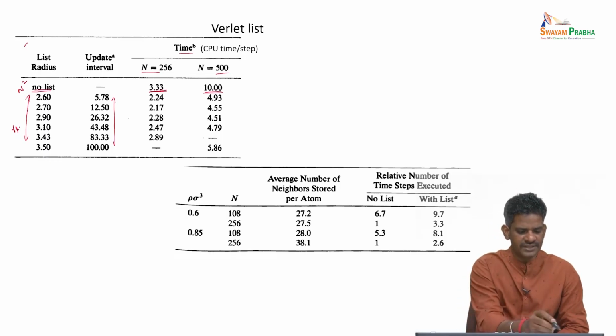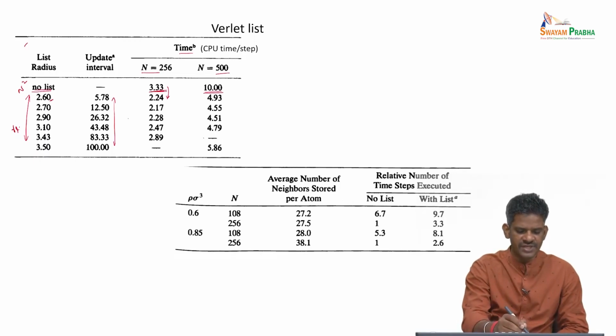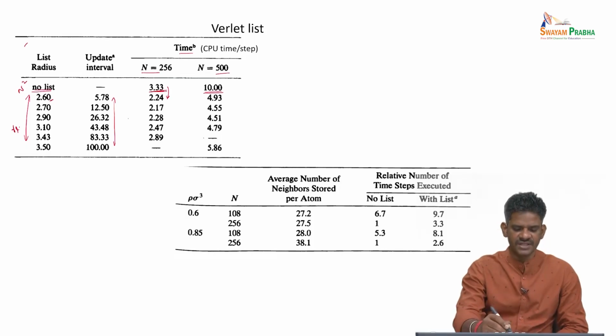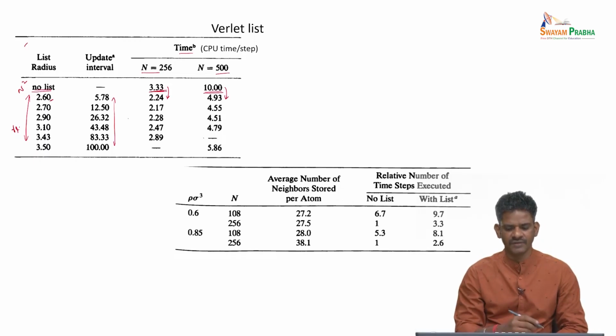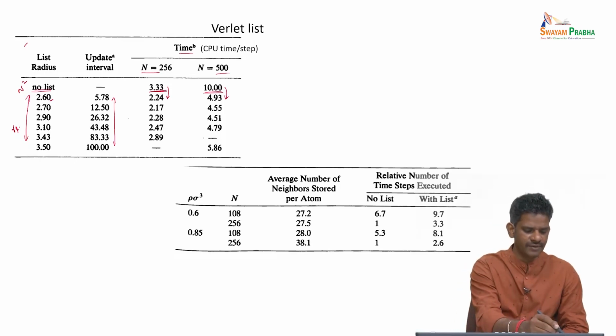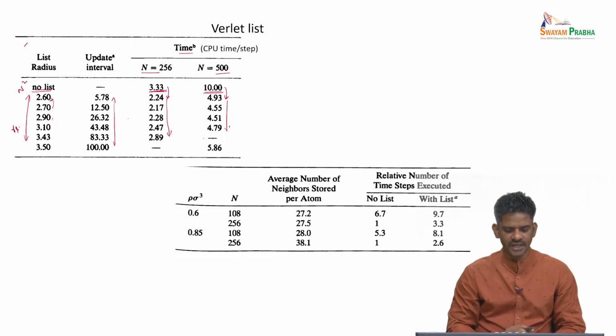And then if you go from no list to a Verlet list of list radius 2.6, you see that there is a small saving in the CPU time per step for 256, and this effect is even more dramatic as you go to a larger system. When you go to 500 particles, the time taken per step goes from 10 to 4.93. That is roughly 50% time saving in computing power. And then if you try to increase this further from 2.6 to 2.7 and so on, you can see the influence on the CPU time taken per step,